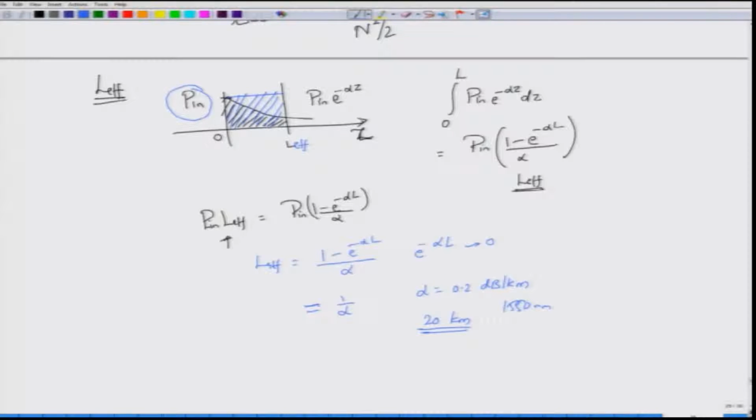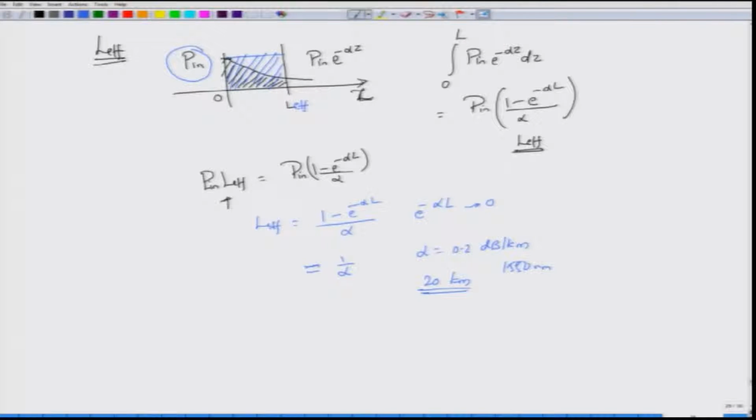So the larger the power, the larger will be the effect of the nonlinearity. But nonlinearity starts to decrease with the length because the power starts to decrease with length. A different criterion that we normally employ, in addition to this effective length, is what is called the effective area. Suppose I look at the fiber radius, and as the fiber radius starts to increase,